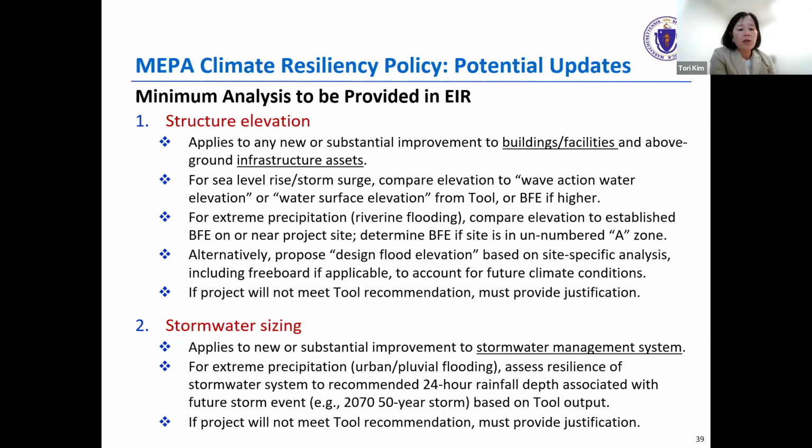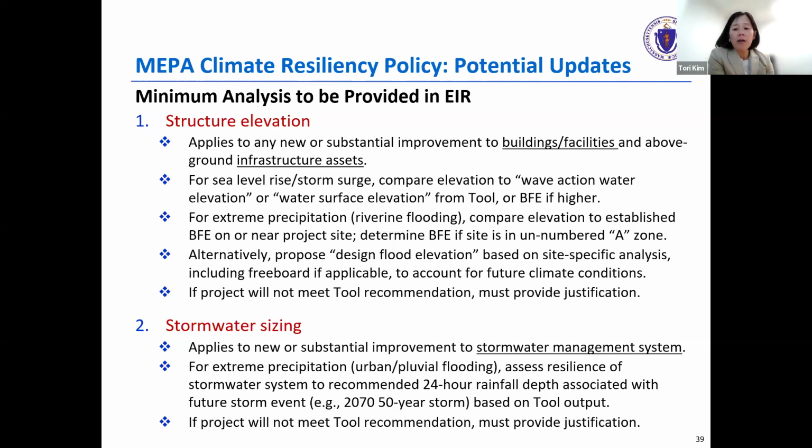Okay, and then next in terms of stormwater sizing, there are many projects that propose improvements or new stormwater systems. So here, again, the tool does provide specific values for that 24-hour rainfall depth associated with a future storm event. So it's doing a lot of the work already.